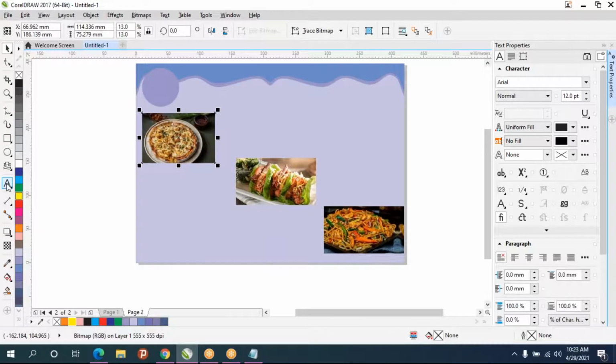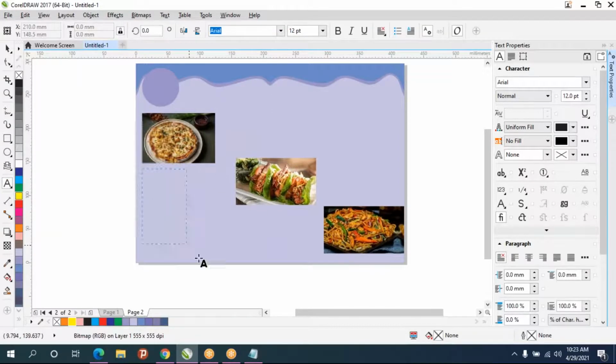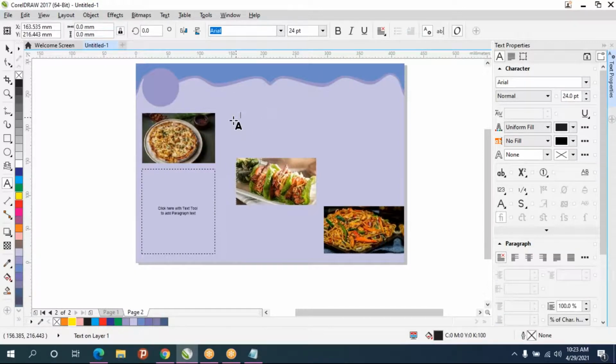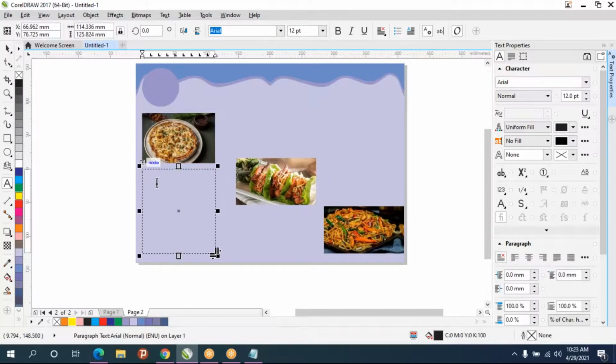See, after taking text tool, I'll just draw a text box. If you do click and draw, it will make text box. Just one click if you do, you can type text as a line. So text box means you can't increase size by adjusting in the corner.